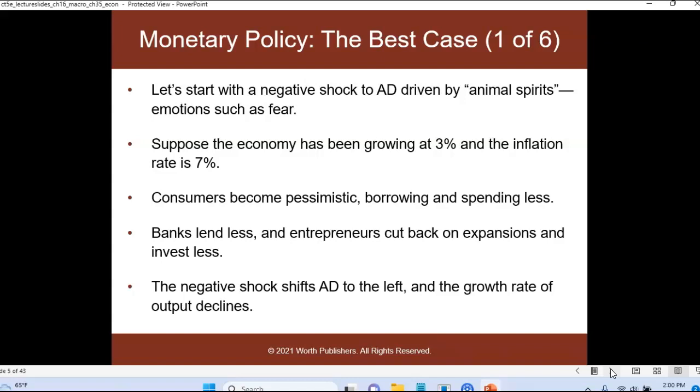These are some of the things that we're going to look at this week in terms of how we make decisions with regard to the